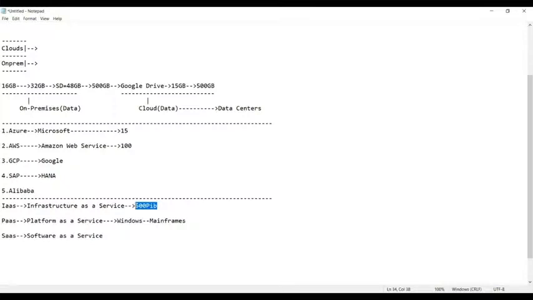You will ask your cloud provider, Azure, to provide this much storage in the cloud. It is the responsibility of the cloud provider to provide it for you. You need not worry. That's it.